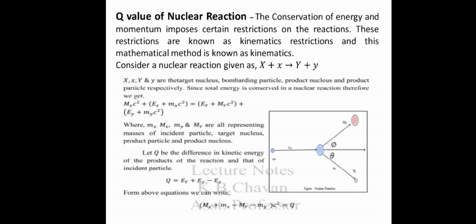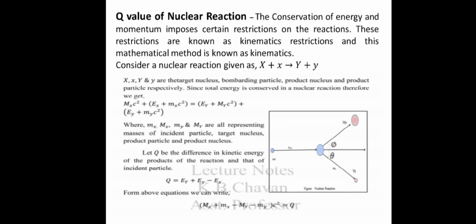Now consider a nuclear reaction given as capital X plus small x gives capital Y plus small y, where capital X is the target nucleus, small x is the bombarding particle, capital Y is the product nucleus, and small y is the product particle. Since the total energy is conserved in a nuclear reaction, we will get